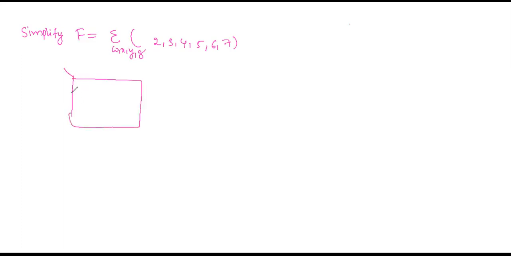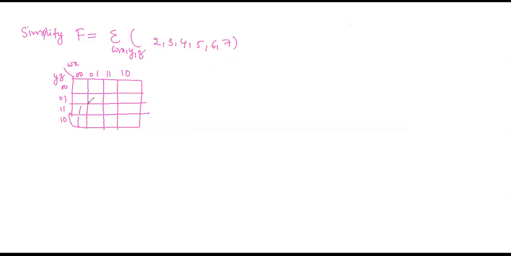to the K-map, and wherever the minterms are present in those boxes, keep 1. If you are new to the K-map, you can write M0, M1, M2 like that. Otherwise, you can directly write 2. 2 means 0, 0, 1, 0. This is 1. 3, 0, 0.